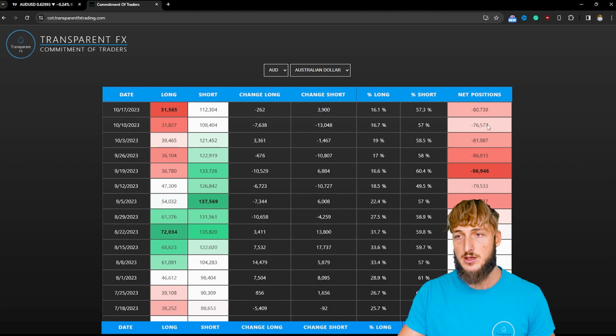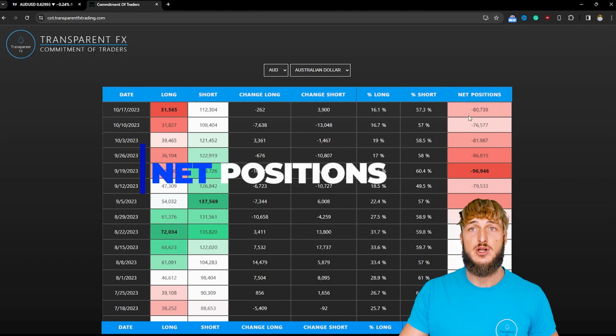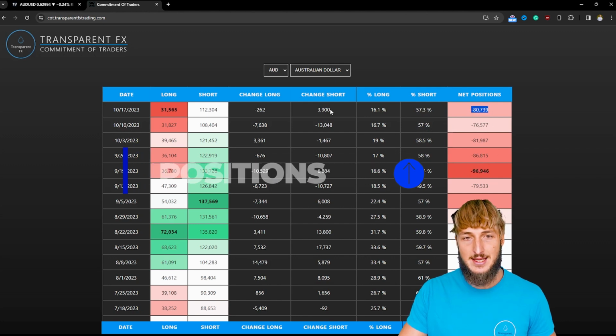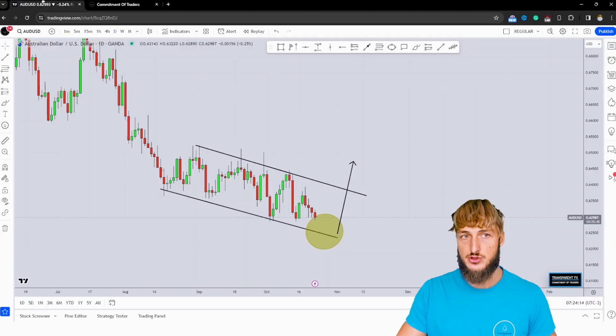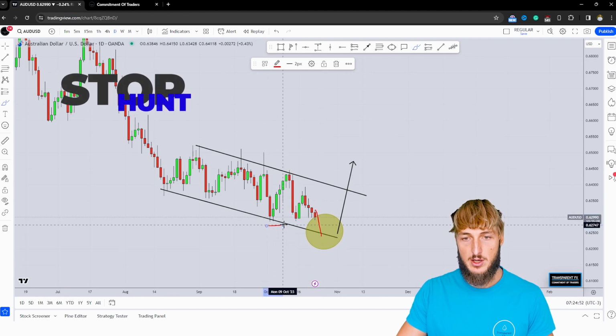And what we can see here is that with the last reports, net positions have slowly started increasing once again. We went from minus 96K to minus 80K net positions, but we still don't see a massive increase of net positioning. However, that could definitely come if we get a stop hunt below this support zone, because here is where